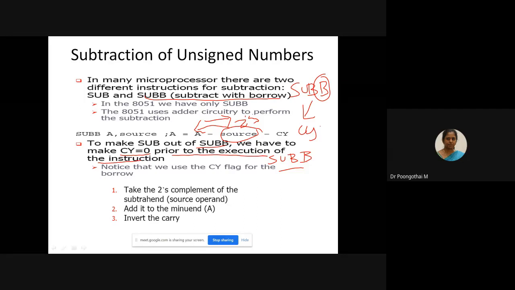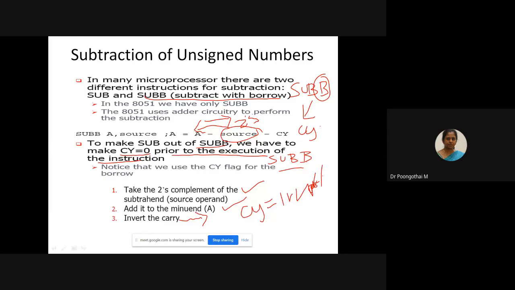So during subtraction, take the 2's complement of your source operand and add it to the destination operand. After that, you have to invert the carry. The carry should be inverted.